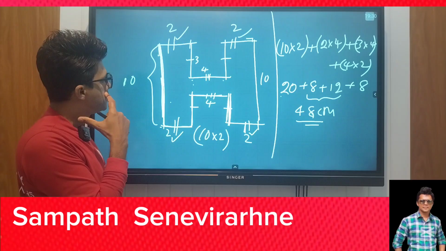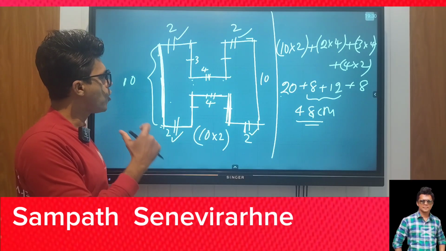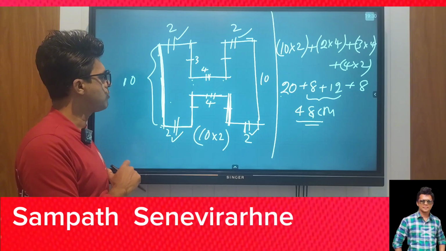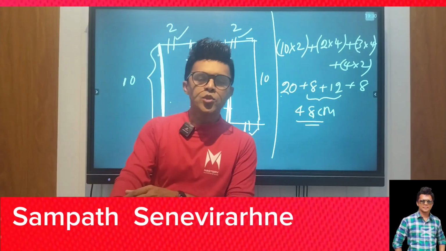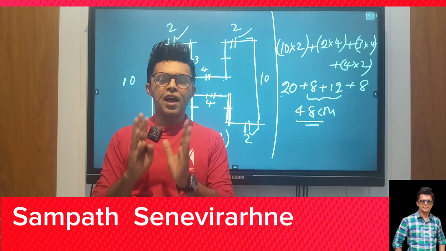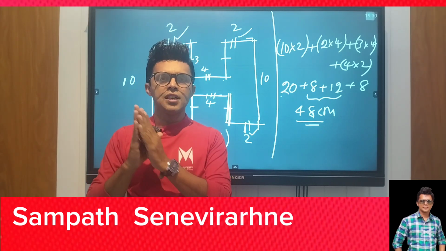Okay, so this is the way of obtaining the perimeter of a plane figure, this type of plane figure. So I do think that you will be able to obtain the answers of the given